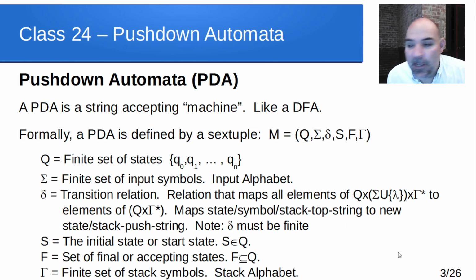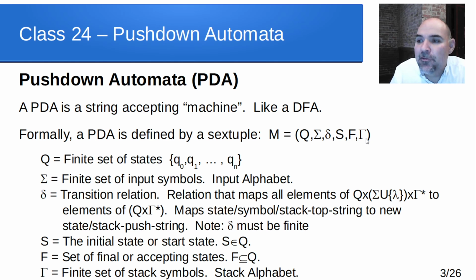All right, so getting into what a pushdown automaton is, it's going to look a lot like a DFA. In other words, it's a string accepting machine, just like a DFA or NFA. And formally, it's defined a lot like a DFA, but there are a couple key differences, as we'll see. The first thing is instead of a quintuple, it's a sextuple, meaning it has one extra part, this gamma tacked on the end. But you'll notice these parts are all the same things we had with a DFA. Q, sigma, delta, defined start state S, and a set of final states F. We've added this thing gamma on the end of that.